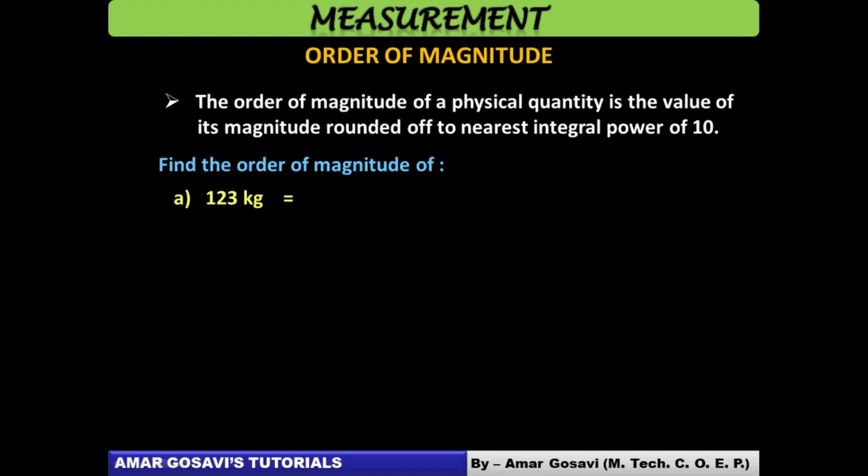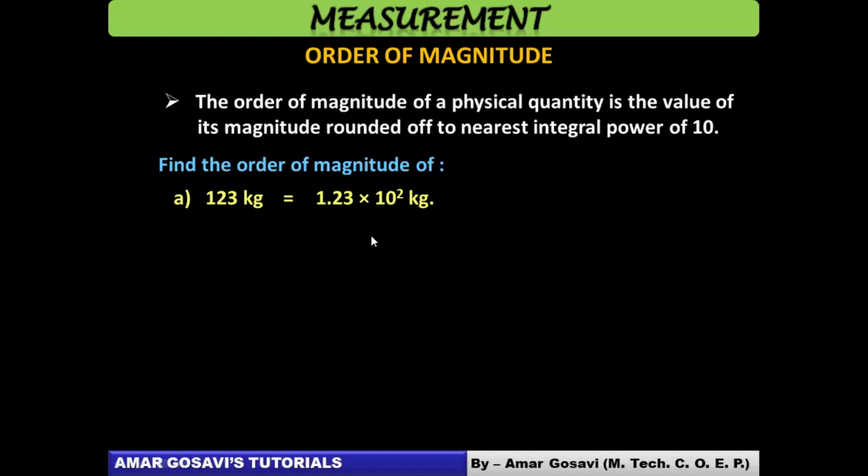You are supposed to establish this number in a decimal system where you can put this number as 1.23 into 10 raised to 2. You are just putting it in integral powers of 10 basically, and you have to ensure that the decimal point is just after the first number. So always ensure that the decimal point is after the first number. Here it was 123.0, and we shifted the decimal point towards the left by 2 places. Therefore this 10 raised to 2 came into picture.